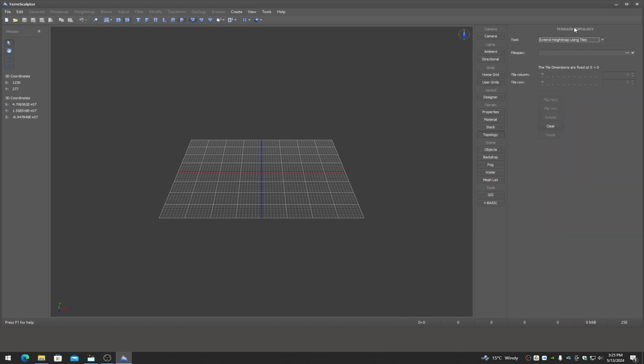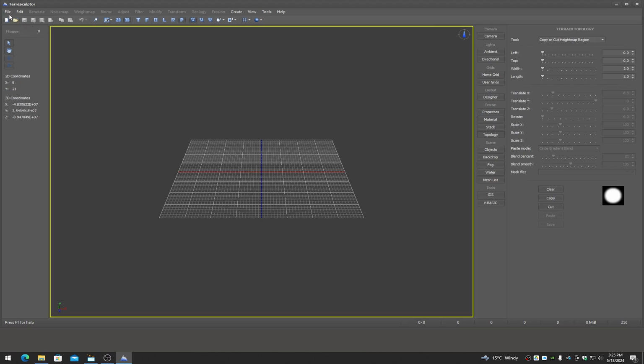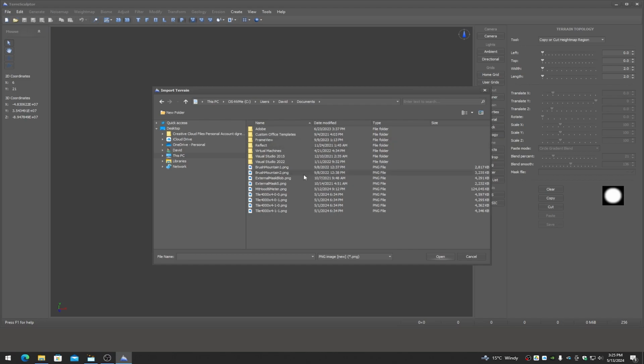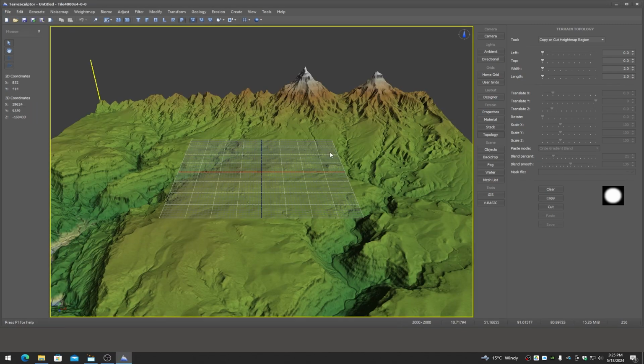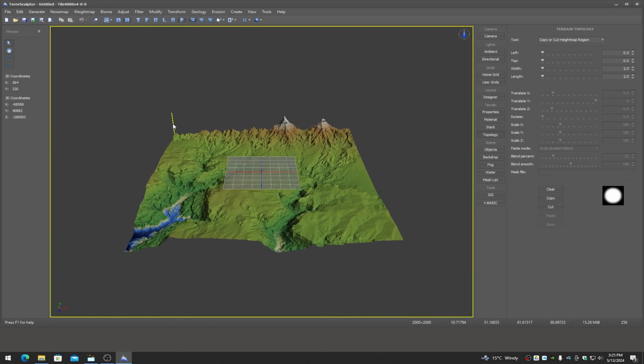What the extend tool does is it extends the current height map, which will be a tile, with additional tiles. So for example here, I can load up tile 4000, which is going to be a top corner. Make sure I choose scale so that it scales it in correctly. Now here we've got a nice